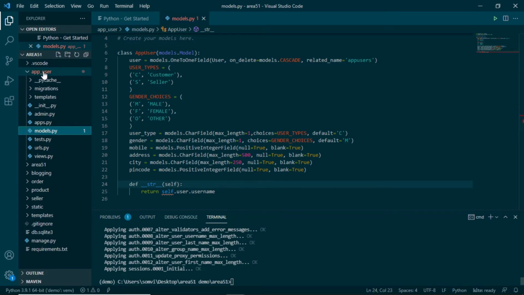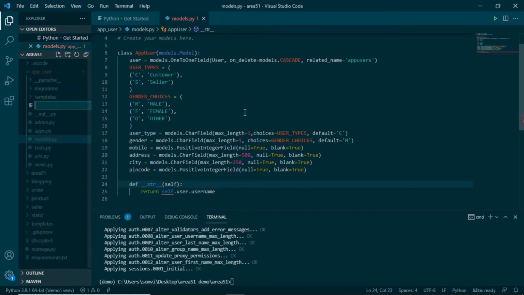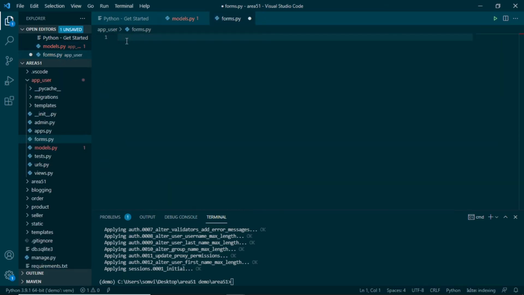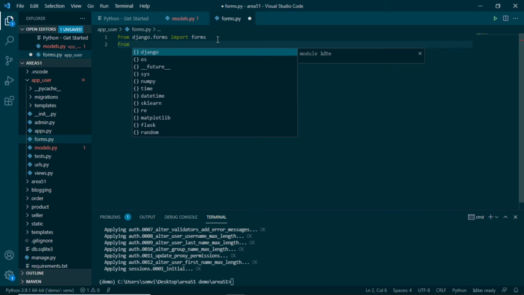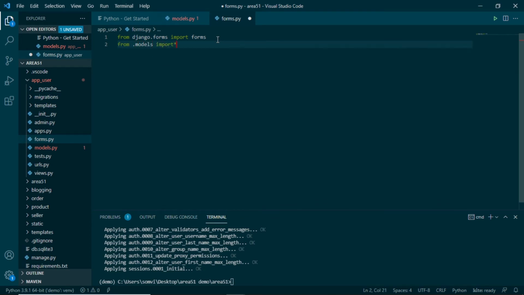For that, we will make a new file in our app user, which will be forms.py. Here we will import forms, which will be from django.forms import forms. We will import the model from our models.py. For that, I can use from .models import everything. Now we will import two more things.